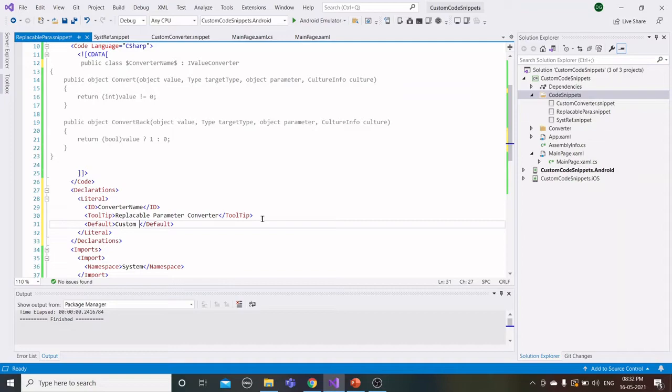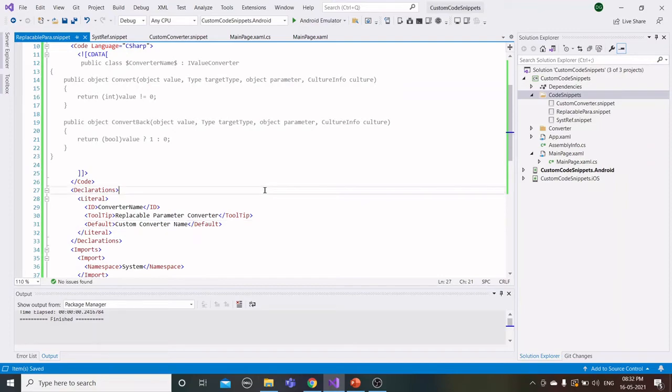Here I am giving the name as custom converter name. These are the additional tags we require for creating replaceable parameters in a code snippet.